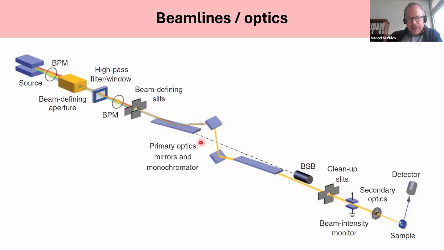And then typical synchrotron beamlines have focusing optics. So this arrangement of these plates, you can see, this is a combination of mirrors typically to bend the beam and also to focus the beam. And most beamlines have what is called a monochromator, which is a device that further narrows down the spectrum of the undulator radiation. So it monochromatizes the radiation further. And then there are additional slits to nicely cut out only the central intense part of